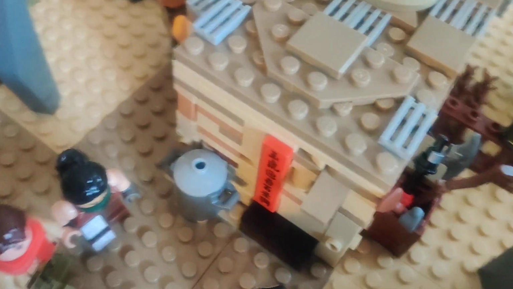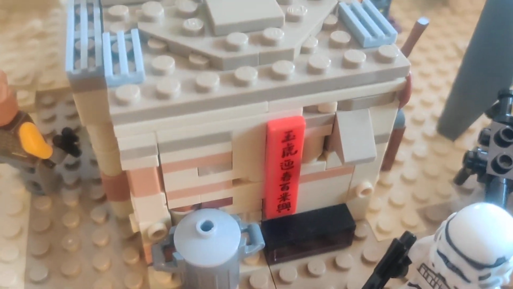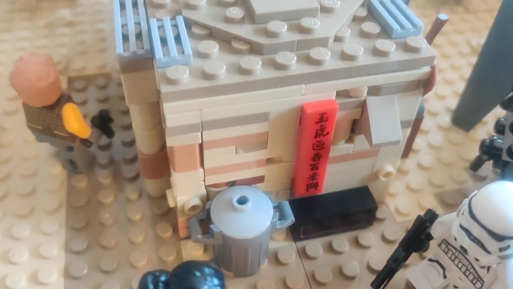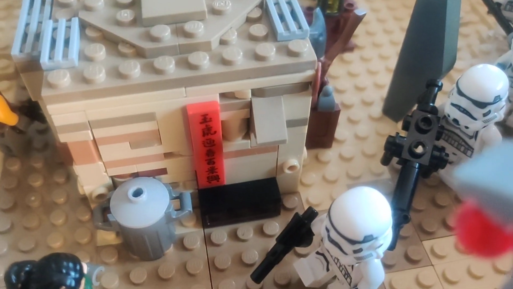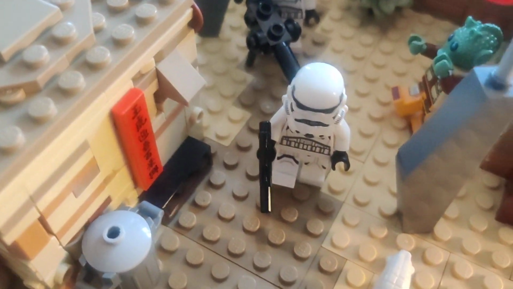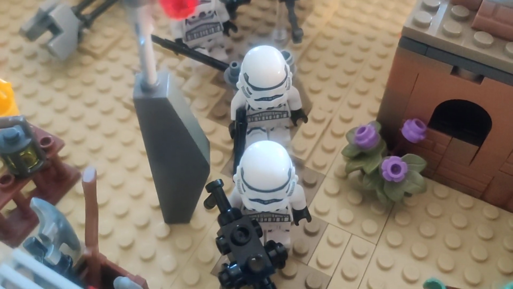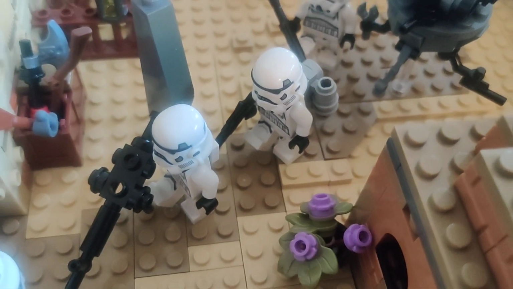Got a little trash can. We have a Lego printed piece with what I believe is printed Mandarin, but that is the closest you get to Aurebesh in Lego form, so I used that as an Aurebesh sign. And we have a stormtrooper squad out on patrol, probably out for a social patrol to see if they can locate any